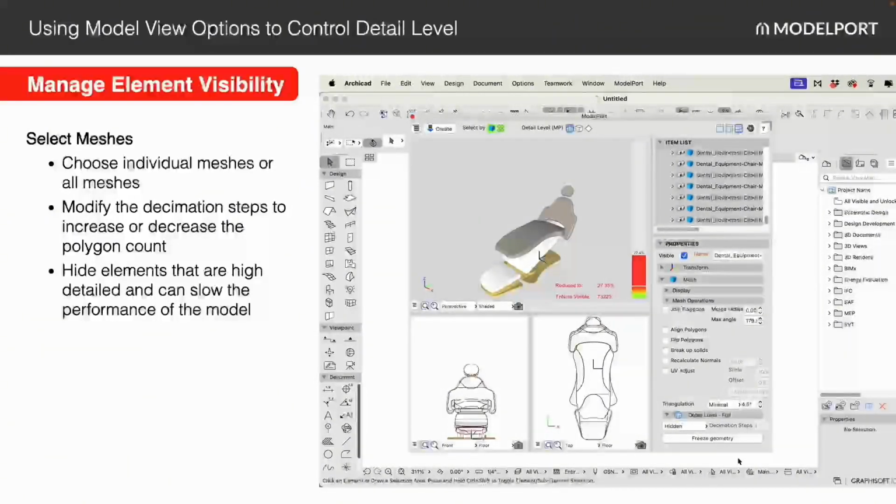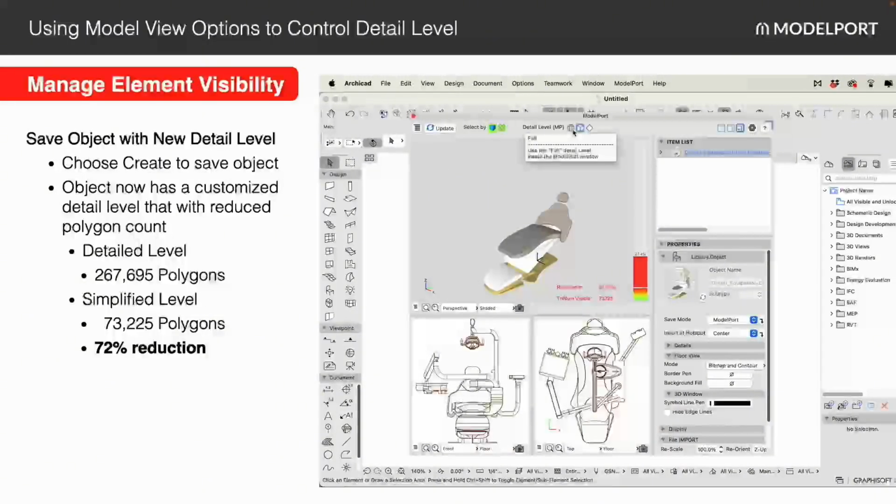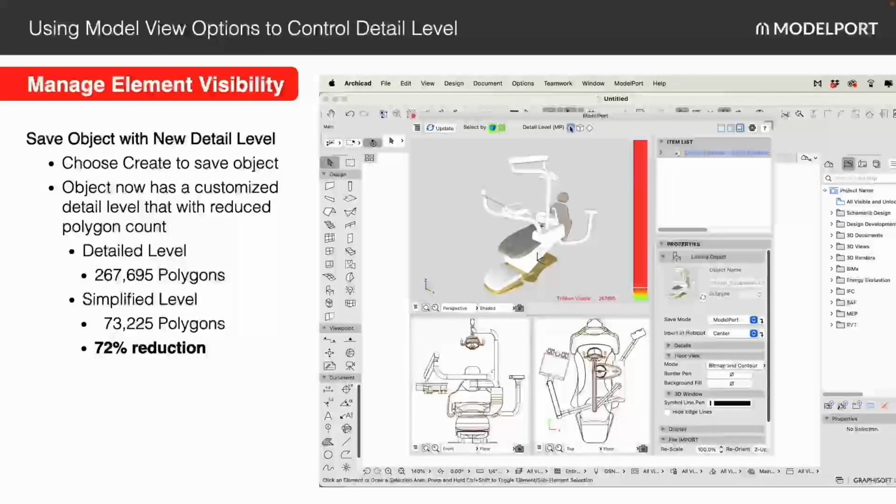Okay, so now I'm going to click to the next one, and now when I go back and forth here, you'll see that it is now assigned. So the full shows us everything, and the simplified shows us the